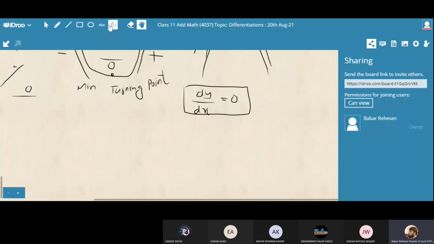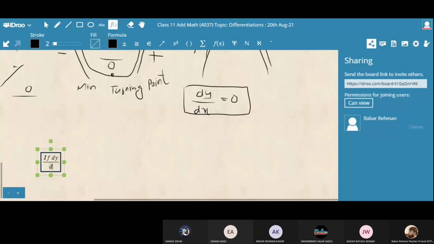I am going to write with my points. If dy by dx is equal to 0 and